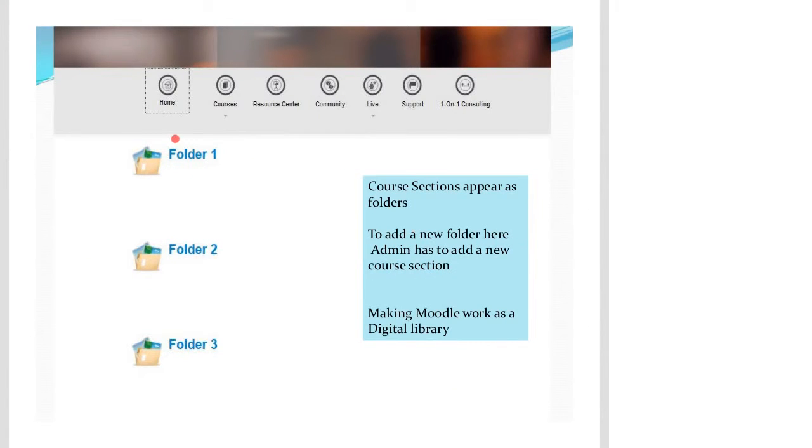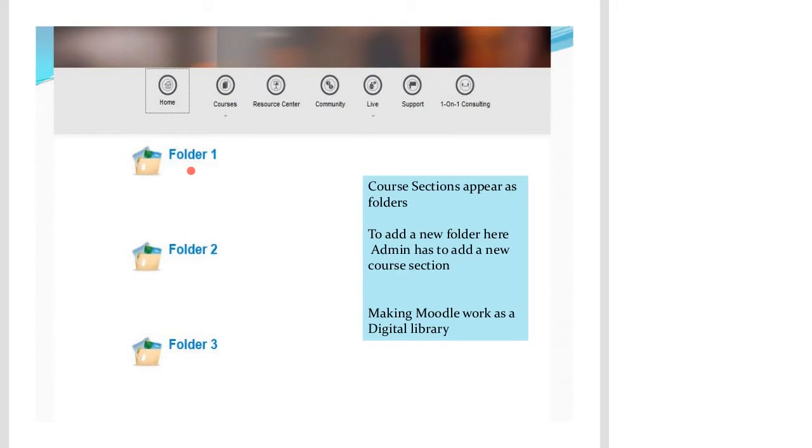Anyway, coming back to the session, what was done was we made a custom PHP script and a course which was hidden from the users. So all these course sections are appearing on this page as a folder. So the users get an interface which they are used to for accessing digital content on the internet. They are used to accessing it from folders rather than from courses.